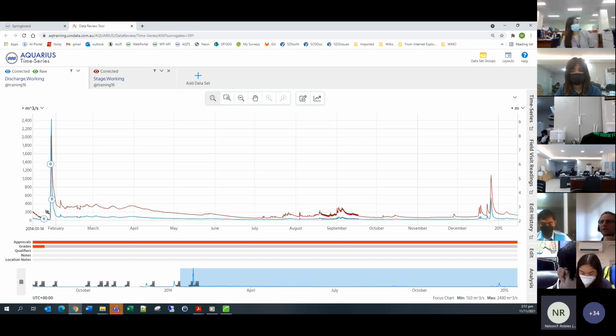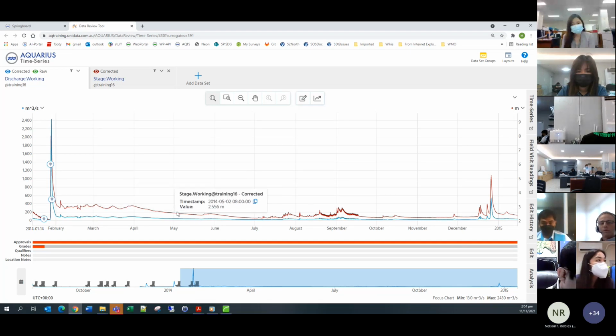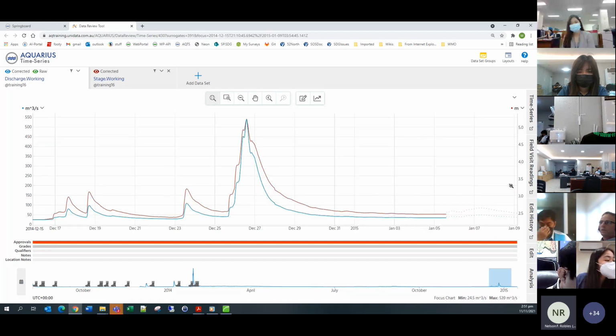So what we are seeing is that our blue line is the discharge, and our red line was the stage. So basically that rule that we're looking up is now using the stage and the discharge and giving us a value. If we hone in here at the beginning of 2015,